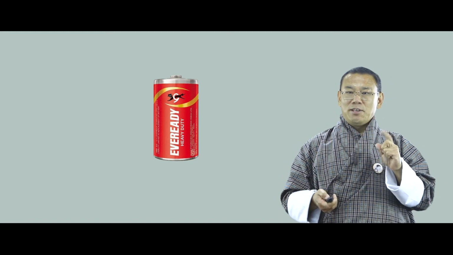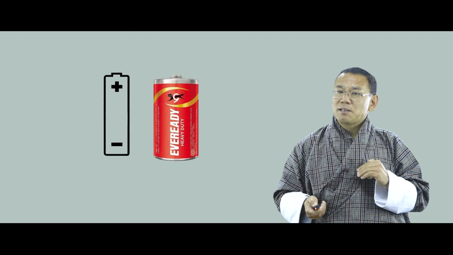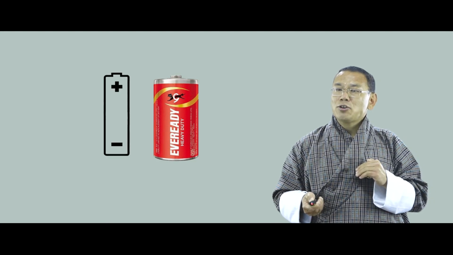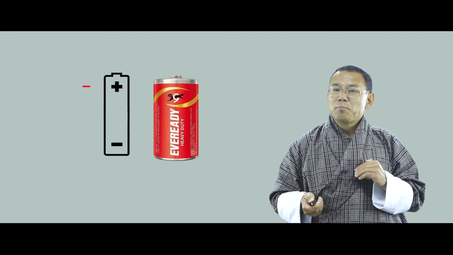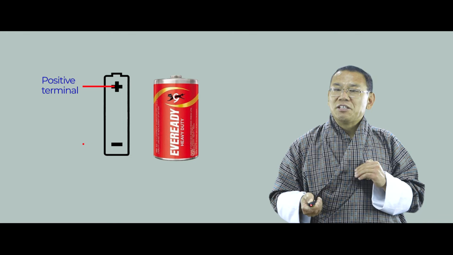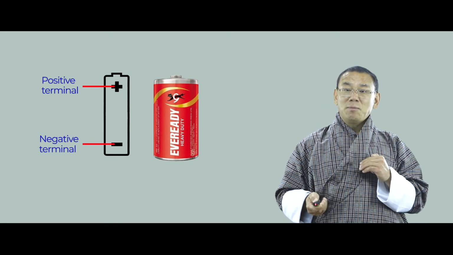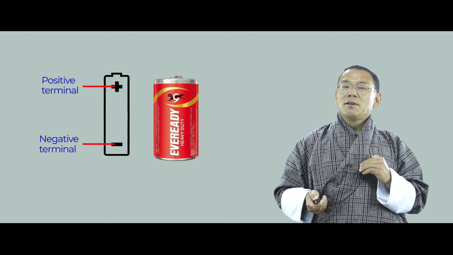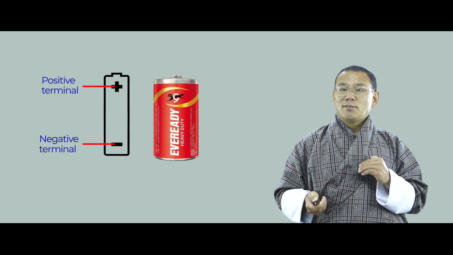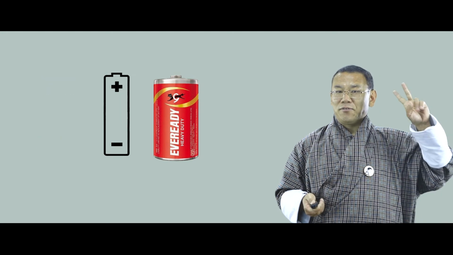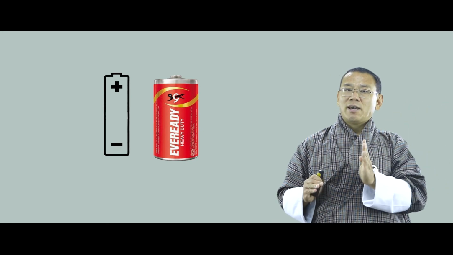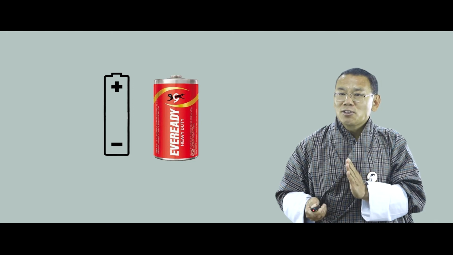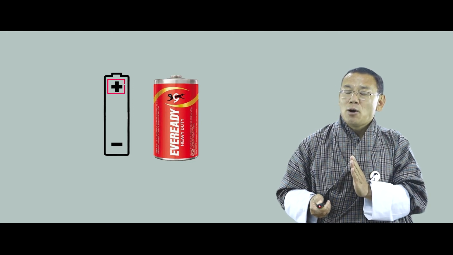And as I said, for current to flow, there should be potential difference. In this diagram alongside, I'm trying to show that this particular torch cell has one end called the positive terminal, and the other end called the negative terminal. Positive terminal is supposed to have a deficit of electrons. Now you know that diagram: two surfaces, one where there is deficit of electrons, and one where there is excess of electrons. In a typical torch cell like this, you see that one end is marked as positive and the other end is marked as negative.